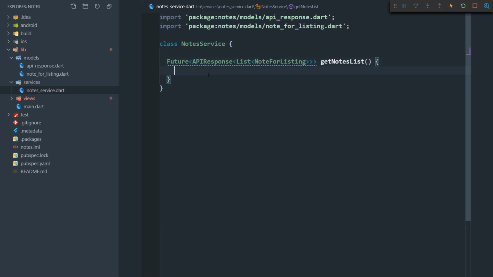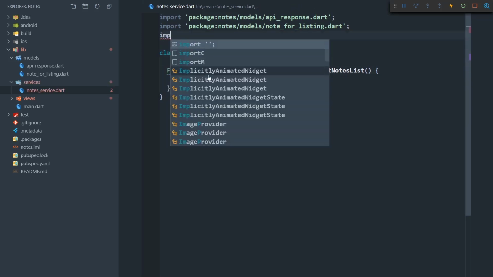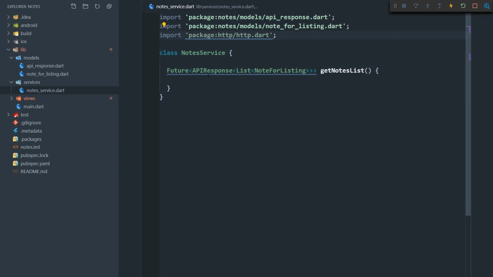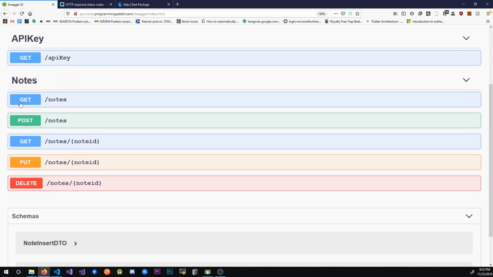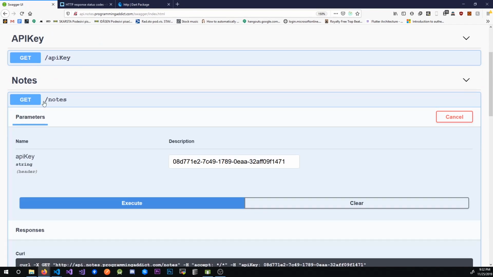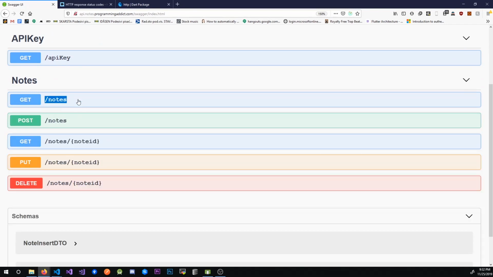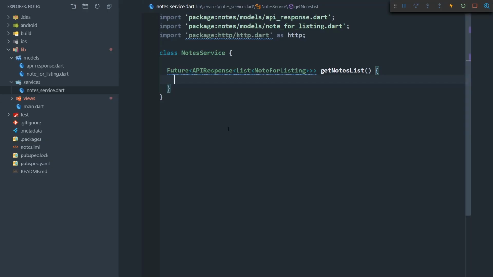Alright, so now we can execute the actual HTTP request. I'm going to import the HTTP library and give it an alias of HTTP. And now we can execute all of our HTTP requests. So if you remember from our API documentation, when we want to get a list of nodes, we use a GET request on a nodes path. So we're going to do return